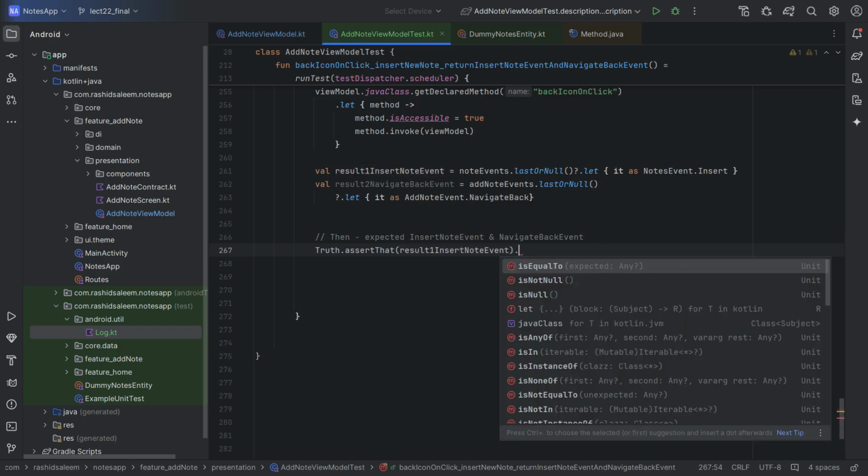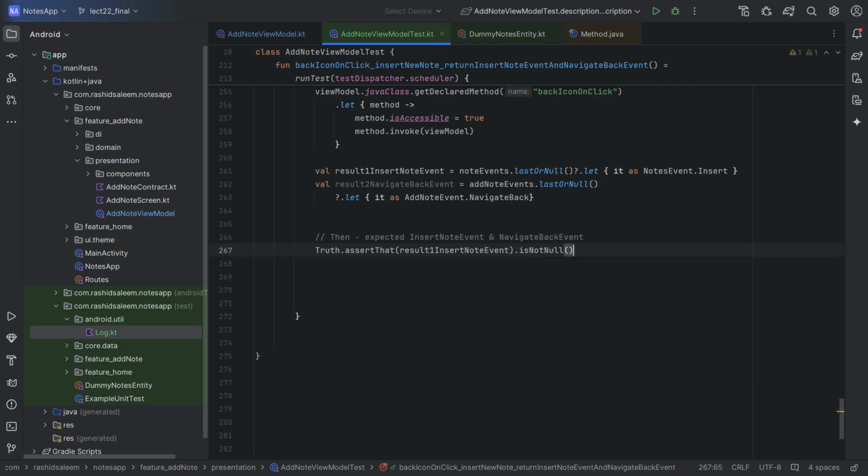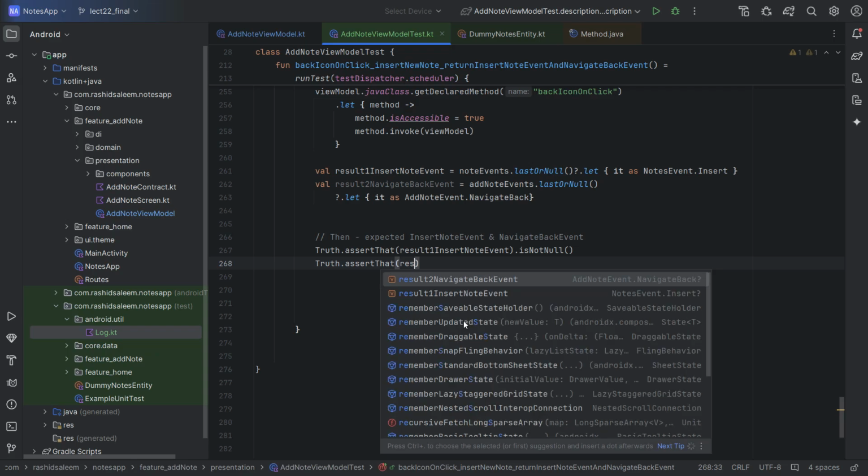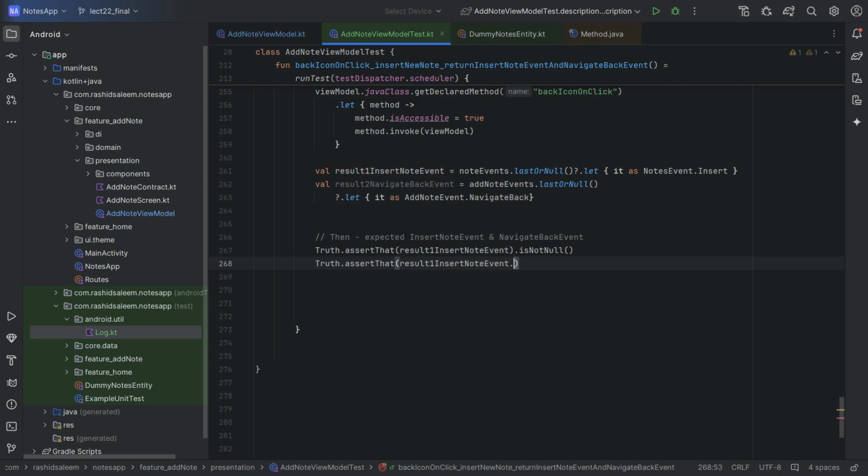If it's not null, then that means we have received the correct event and our node has been successfully inserted. Now also verify the content in this insert event which we are receiving. So Truth dot assert that result 1 dot value should be equal to